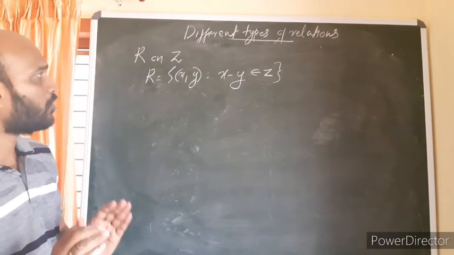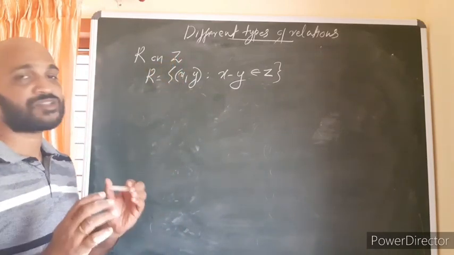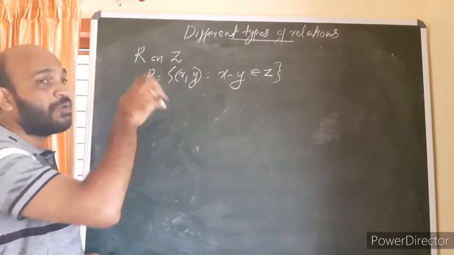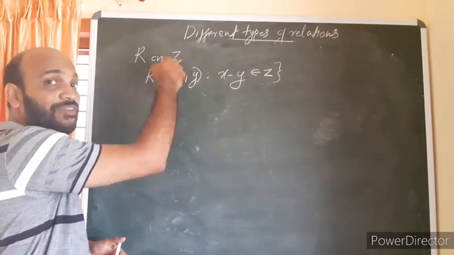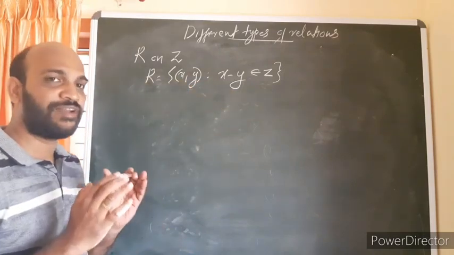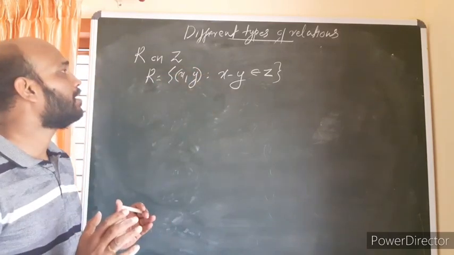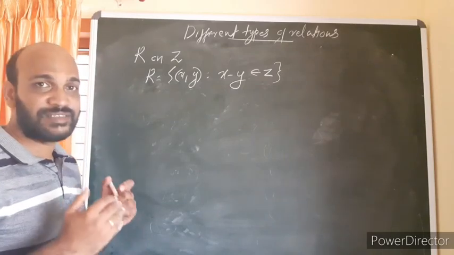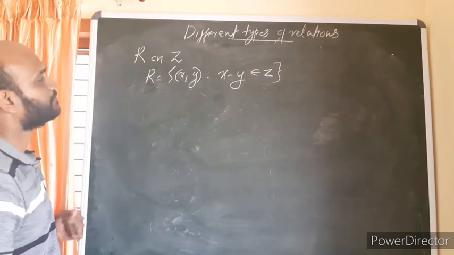So in this case, you have to note down one thing. R is a relation on Z. What is Z? Z is actually the collection of all integers. For the last question, we did R on A, where A is a finite set. Z is an infinite set, so we cannot write all elements of R. So we have to prove the relation is reflexive, symmetric, and transitive by a general method, by using variables.